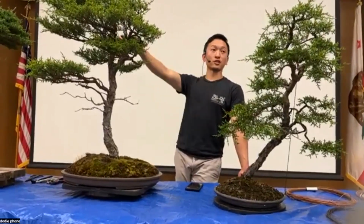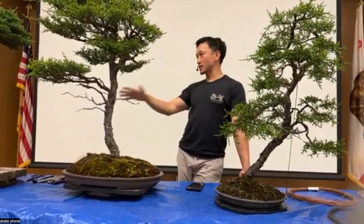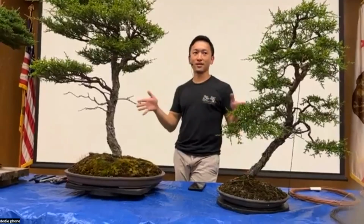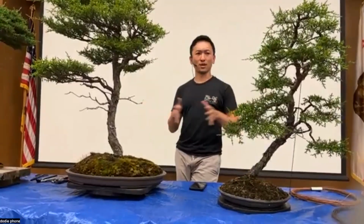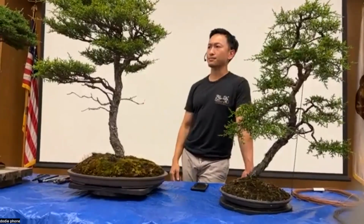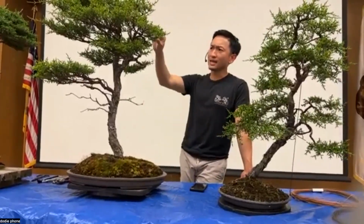I'm actually only going to work on this tree because these two trees had a bit of a health setback last year. So just to be conservative, I'm going to wait one more month for these trees, and this tree maybe 2 more months, to let the trees recover a bit more before I work them again. So that's timing. Lastly,